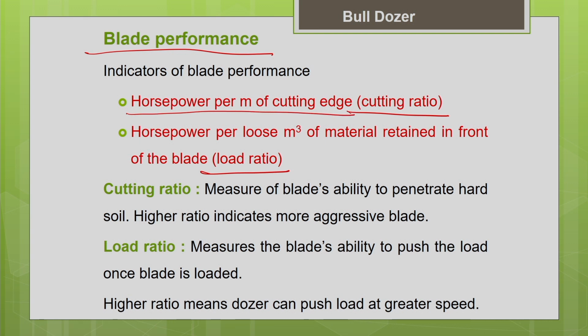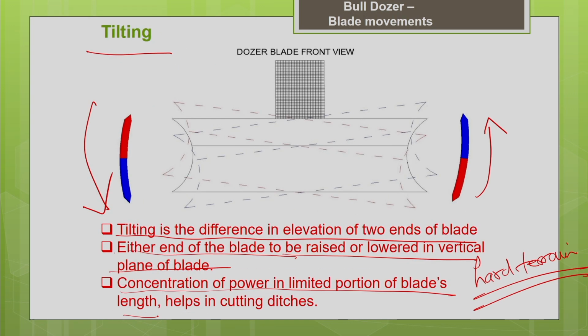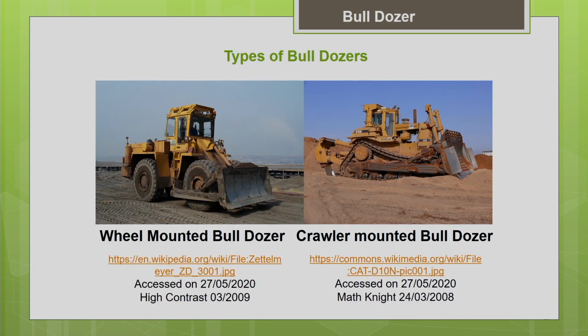First of all you need to know what the cutting edge of the blade is. When we look at bulldozers, I have shown this picture earlier. This is the blade, and at the bottom of the blade you have the cutting edge. A steel plate is bolted to the bottom portion of the blade, and that is called the cutting edge. Generally this cutting edge wears out faster depending upon usage. You need not replace the blade frequently, you need to replace only the cutting edge frequently. It is easily bolted on to the bottom of the blade.